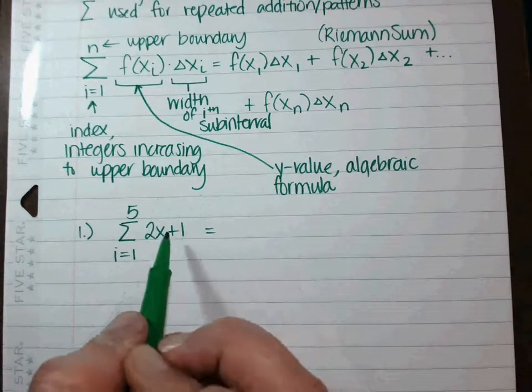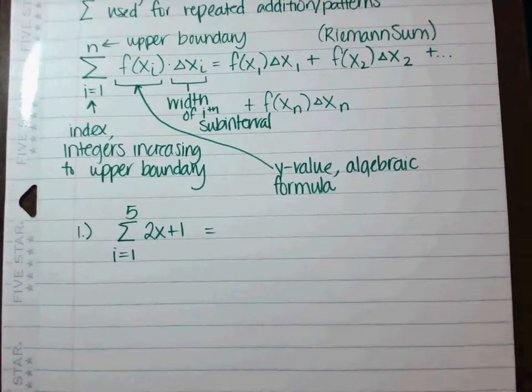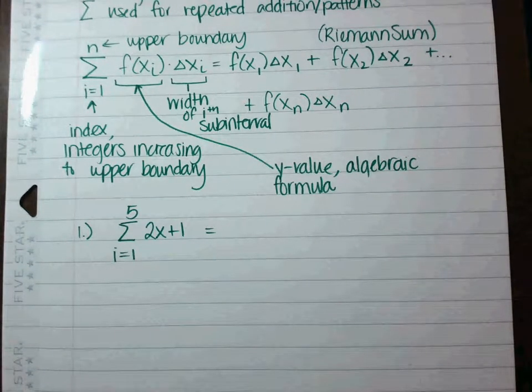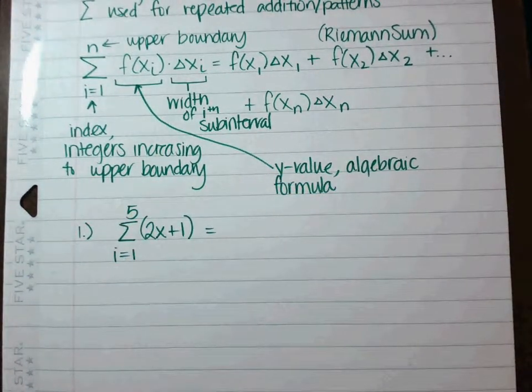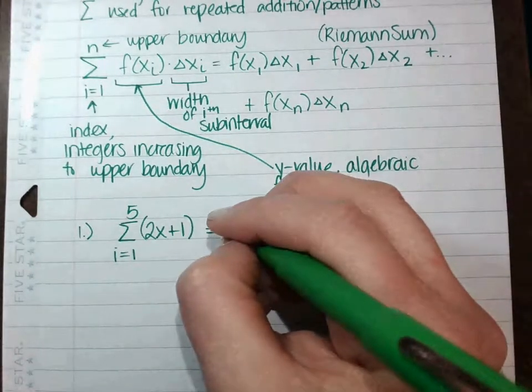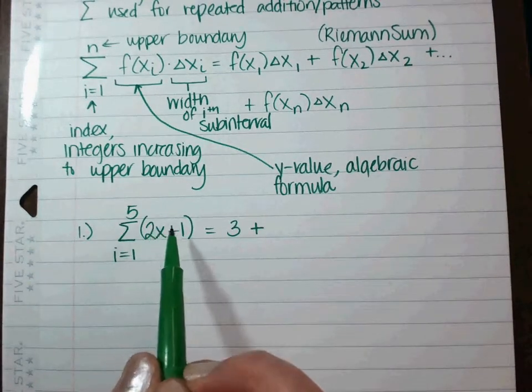So this junk right here is what you're plugging into, and you're going to start at 1. So ready? Plug in 1 to the little formula. What do you get? 3. Okay, 3 plus. Now I'm going to increase from 1 to 2. So plug in a 2 here. That's now a 4 plus 1 is